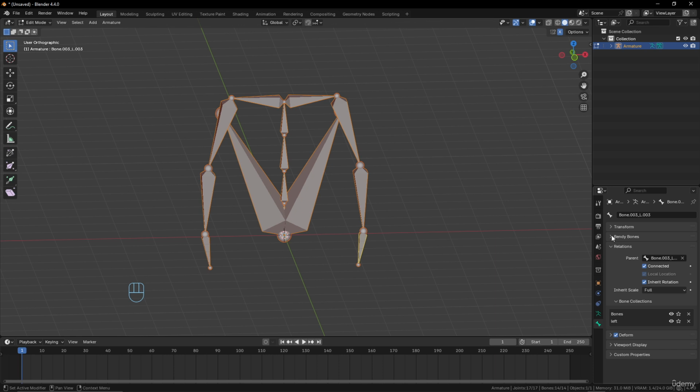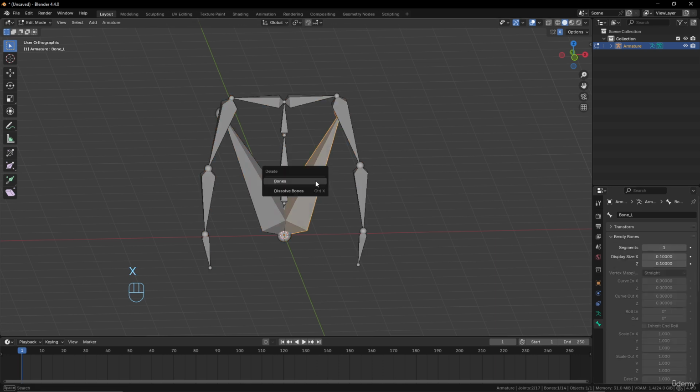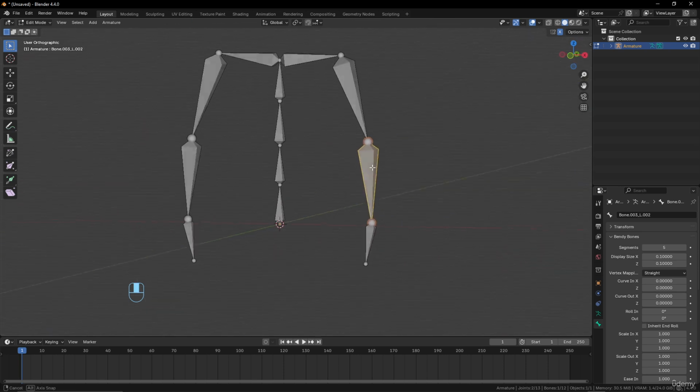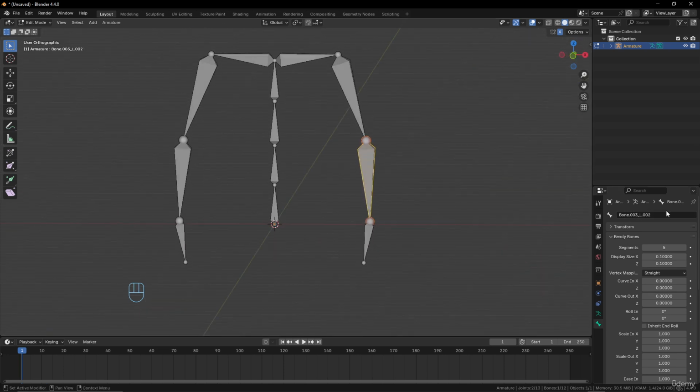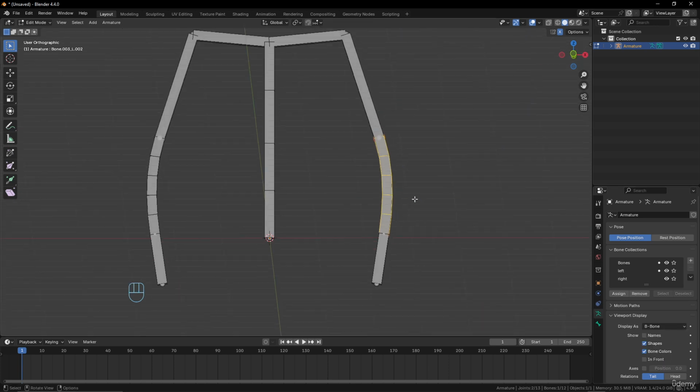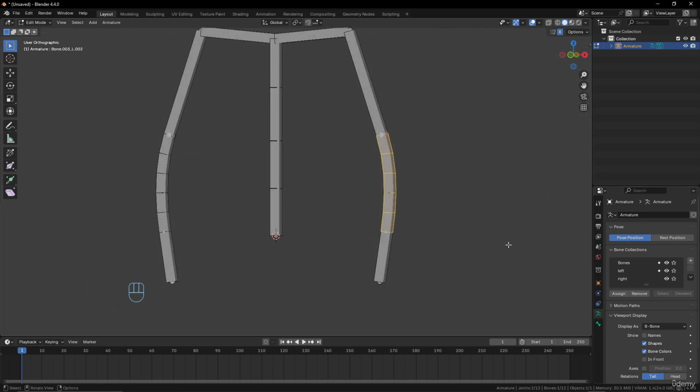And here you have an option, Bend B-bone. Here you can, for example, if I remove that one because it's not useful, if I select this one and increase this number of segments, you can see that here I have no changes. It's because it happens only when you have B-bones. And here you can see that now I have a different shape. It just makes a kind of subdivision inside the bone and creates more cartoonish